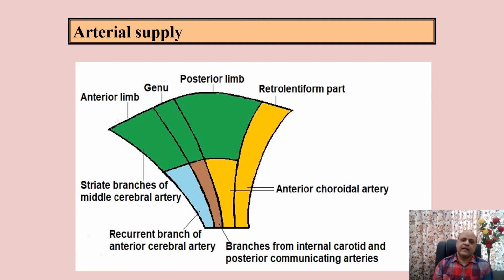So arterial supply, well, the upper parts of the anterior limb, genu and posterior limb shown in green here, they are all supplied by the striate branches of middle cerebral artery. Now this